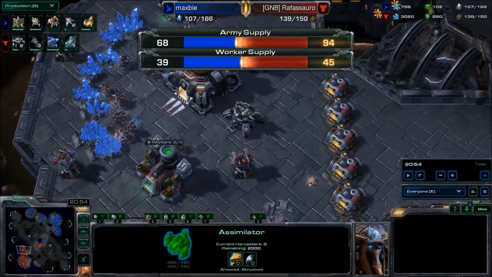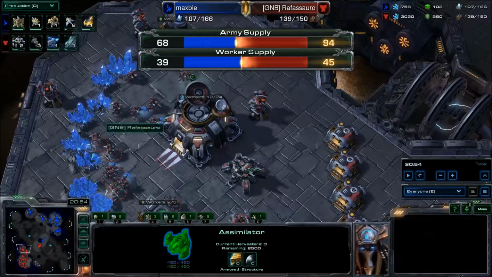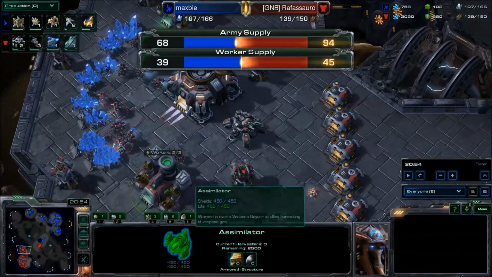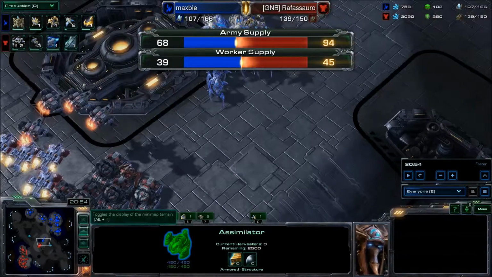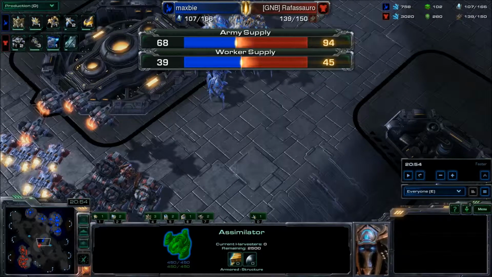If you look at his expansion, that's been saturated more so than maxbie's has been for a while. And he's just had time to make more stuff. maxbie has just spent all of this money in infrastructure and things that he needs, and could afford to add on more warp gates, could afford to do a lot more things so that he can produce units faster. And I think doing that and then going through a few rounds of warp-ins before he moves out would be